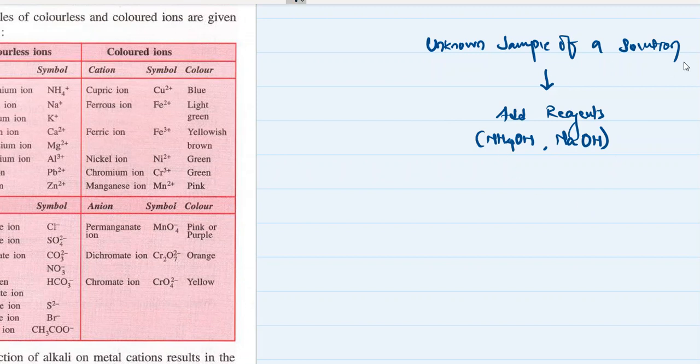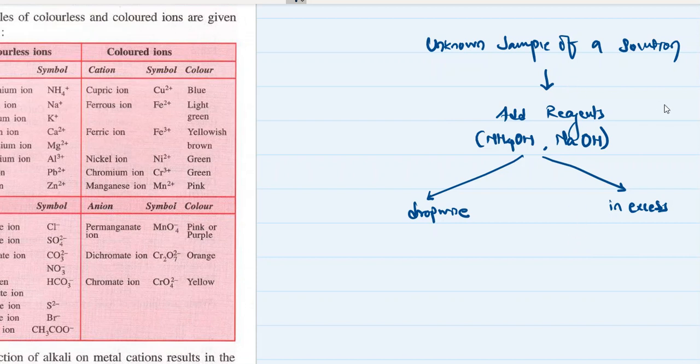So in this unknown sample of a solution in a test tube, you will add reagents in different quantities. You can add little by little, that is drop wise, and then see what changes occur, and then you can add in excess, that is in higher or greater quantity, and then you will see what changes occur,